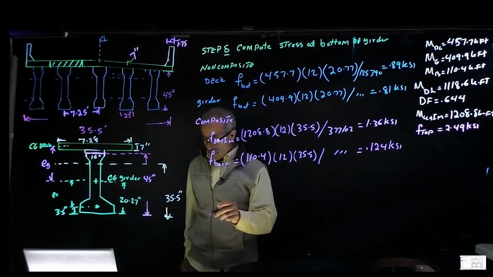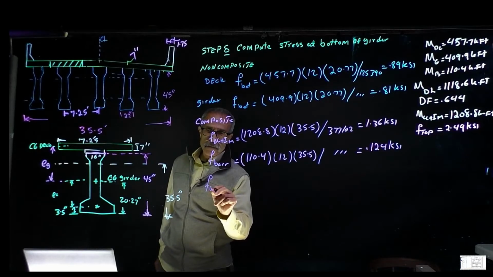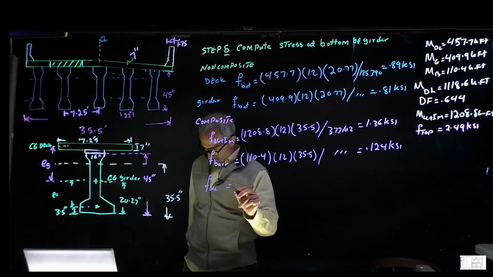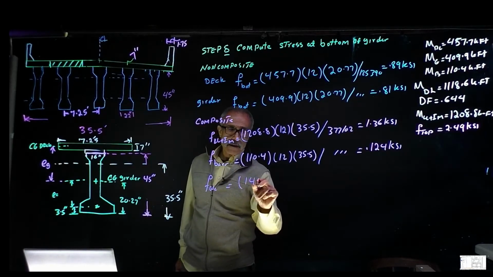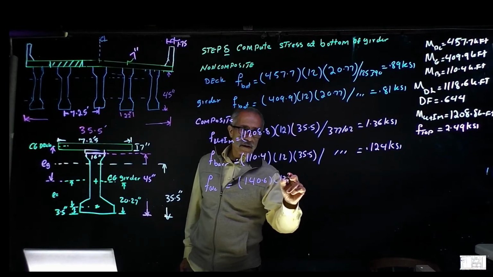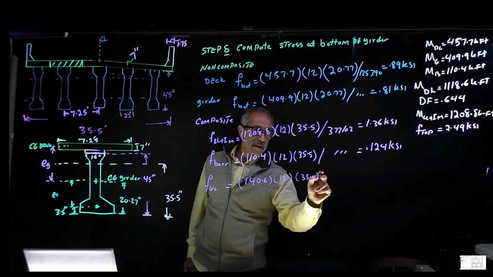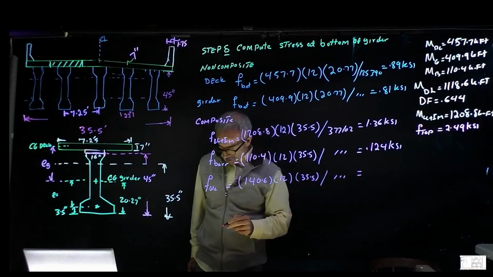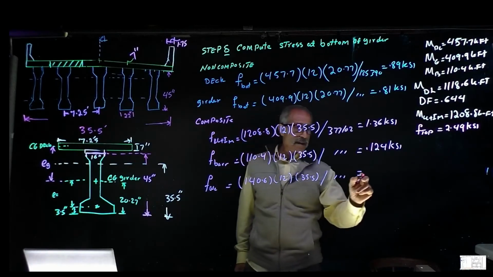Then we're going to do one for the wearing surface. I think it was 140.6 times 12 times 35.5 divided by the same, and that gives me 0.159 KSI,